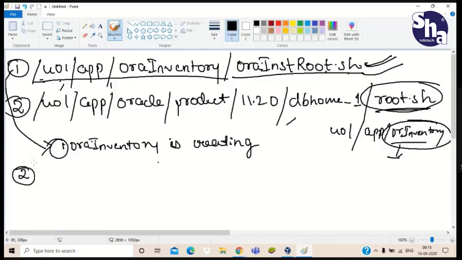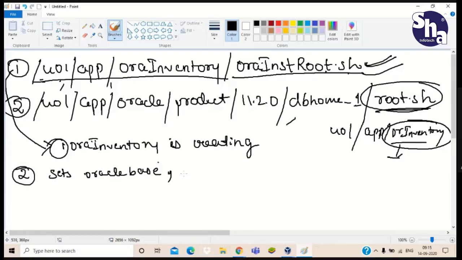Root.sh basically, first of all, sets Oracle base. Do you remember what our Oracle base is? What is our location? u01 app oracle.